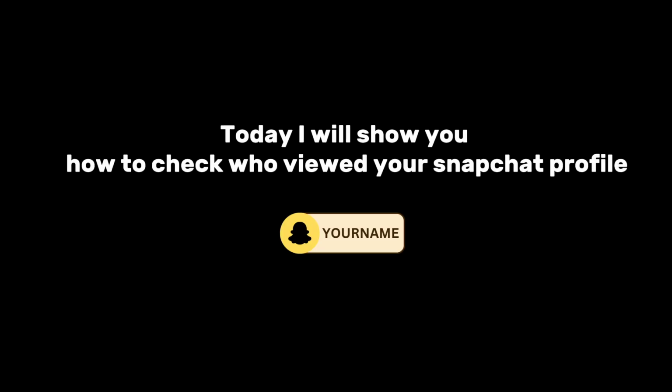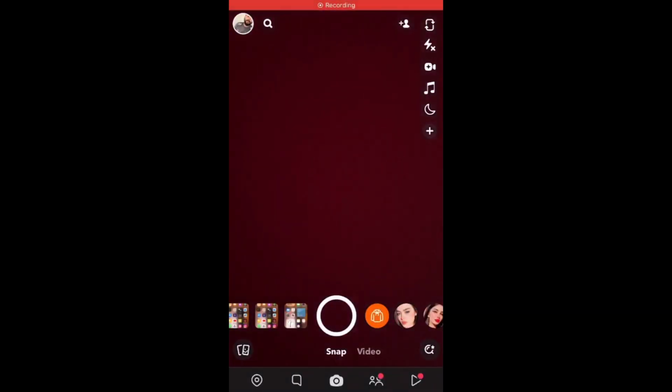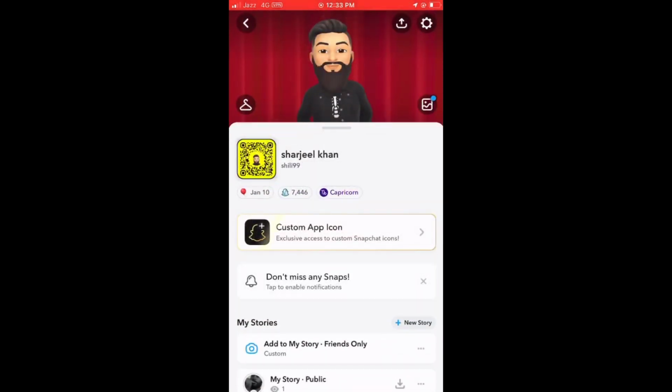Today I will show you how to check who viewed your Snapchat profile. So for this, the first step is to open the Snapchat app. So from here you will have to go to the top left corner, to the profile icon,